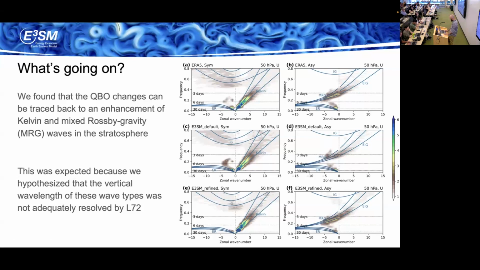So where you see the power here, this is indicative of how much synoptic wave activity is being resolved at this level. And when you compare the default and the refined here, it's a bit hard to see, but in this Kelvin wave band here, you can tell there's more power there because we're not filtering those waves. They're getting up higher into the stratosphere. And same here, this is the mixed Rossby gravity wave area, and you can tell that it's slightly higher. So this is kind of proof that we actually have improved the synoptic waves through a simple change in resolution and nothing else.